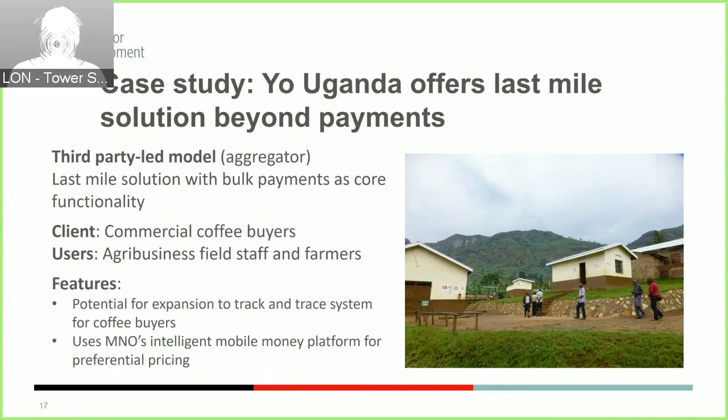that there is an opportunity to offer a more holistic solution, one that not only supports bulk payments, and to extend really the value proposition to track and trace and last mile supply chain management. So again, like in the previous case study, to support this solution, it has been important to leverage the MNO capability, particularly to offer preferential tariffs. The MNO, in this case MTN, has agreed almost a 40% reduction on the fee for bulk payment disbursements. And this has been critical to support the agribusiness in the early stages of deployment.